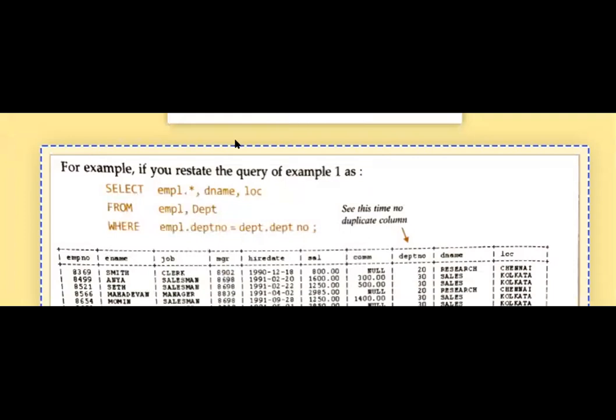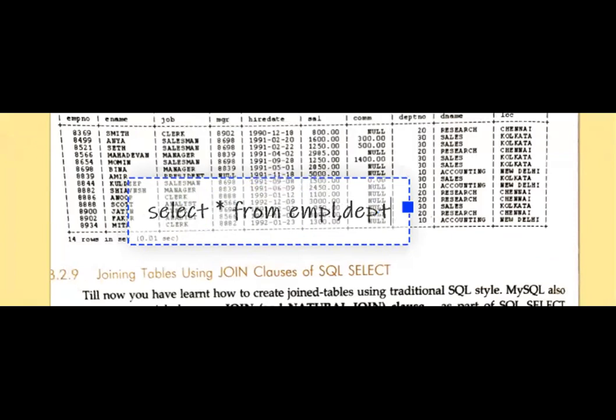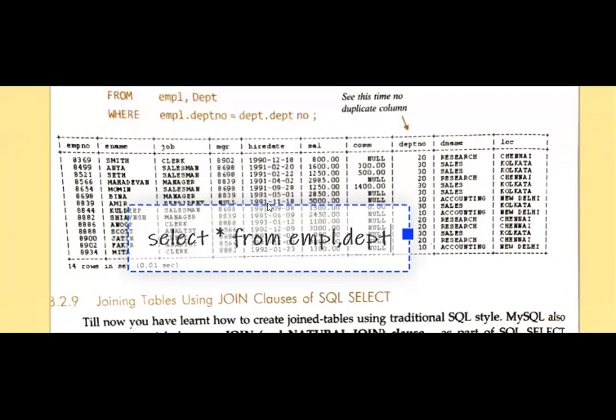Something like that: select asterisk from EMPL, comma, DEPT. So if we are writing like this, you have to understand that in that particular case, the common columns will be displayed to you 2 times.